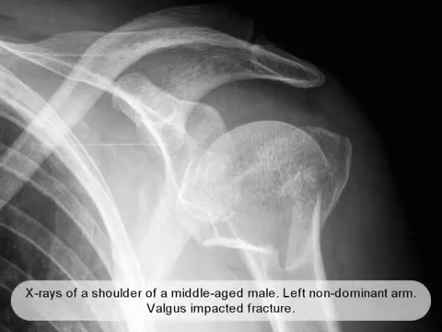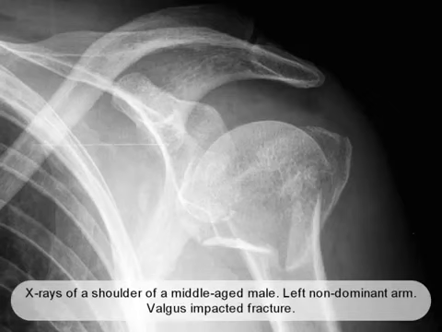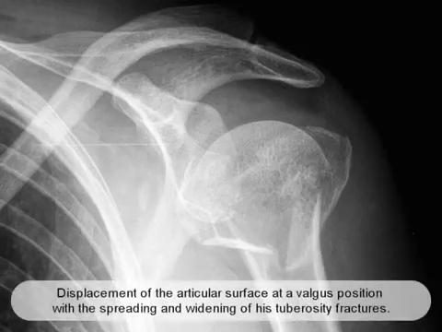We're looking at the x-rays of a shoulder of a middle-aged male. This is his left non-dominant arm after an injury, and we're examining the fracture pattern. He has a valgus impacted fracture. You can see the displacement of the articular surface in a valgus position with the spreading and widening of his